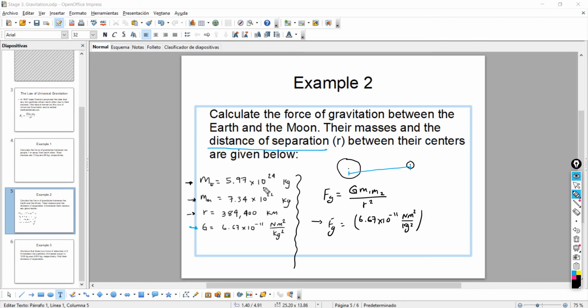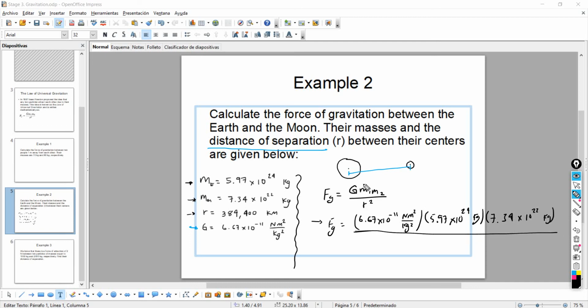And for mass 1, let's say it's the mass of the Earth, so I'm gonna write 5.97 times 10 to the 24 kilograms. And mass 2 will be the mass of the Moon in this case, 7.34 times 10 to the 22 kilograms,